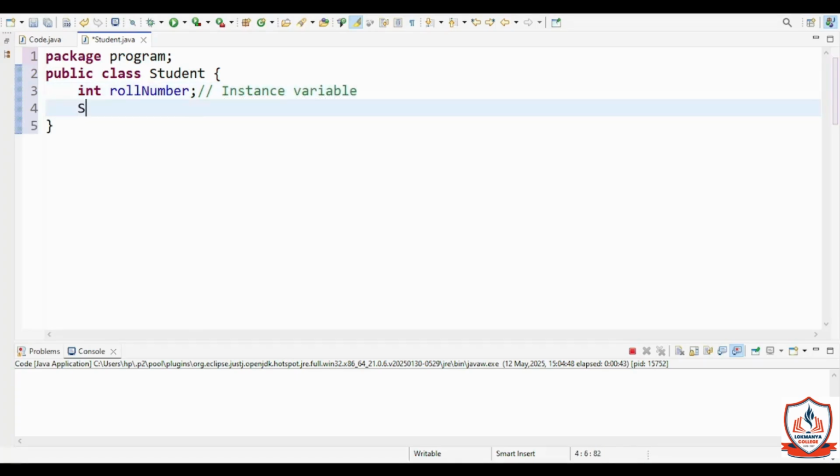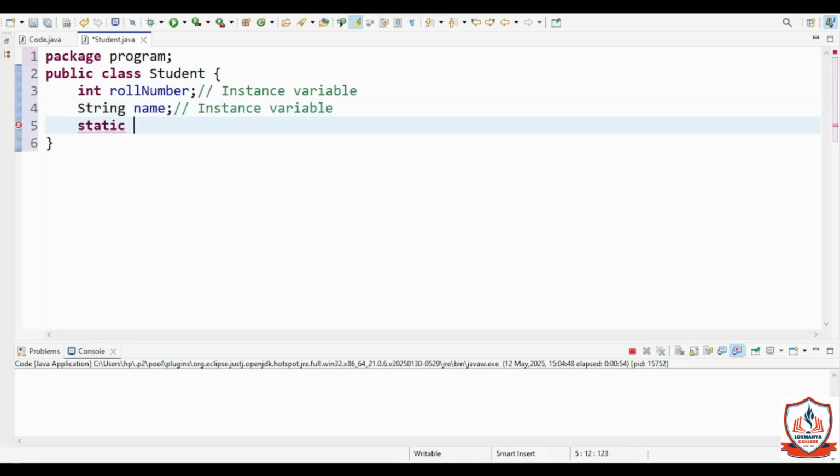Okay, so let's now write a Java program to demonstrate the use of the this keyword and see how it interacts with the static variable. So let's create one class, Student, and in this class first we declare two instance variables, roll number and name, and then we have a static variable college that is shared by all student objects, and I assign the value to this static variable as "locommand college". Okay,